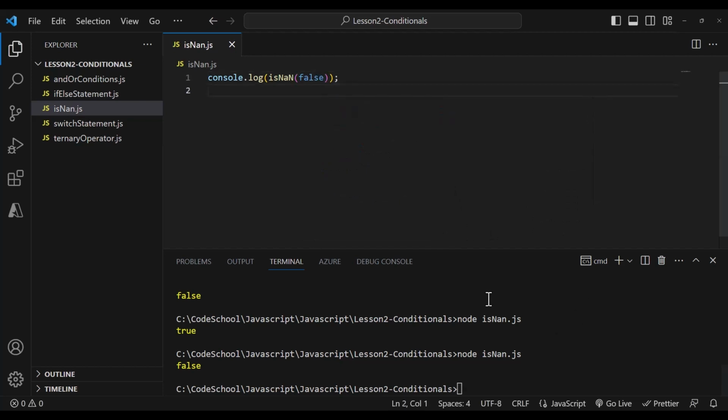Okay, I'm going to save and run it again. All right, see, there you go. Now if I try to put this in a string, though, let's say I put false as a string,